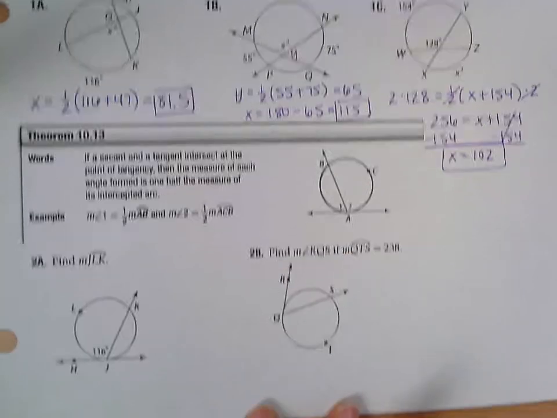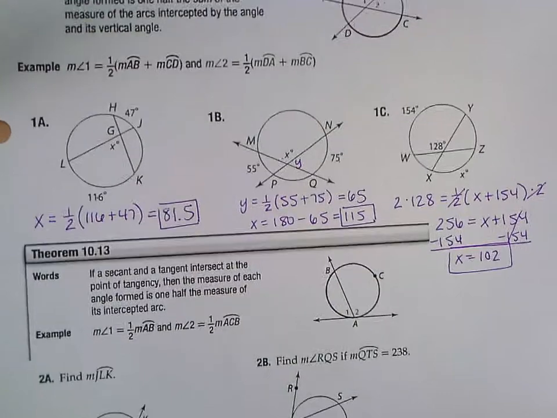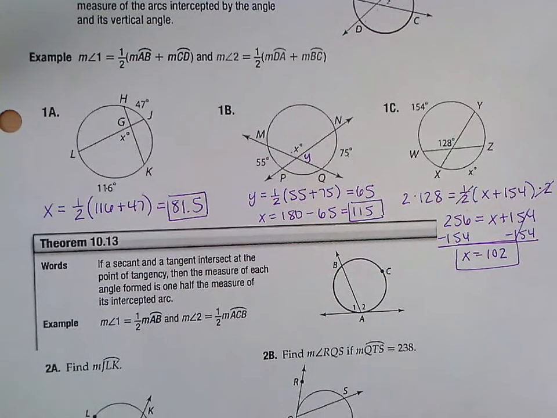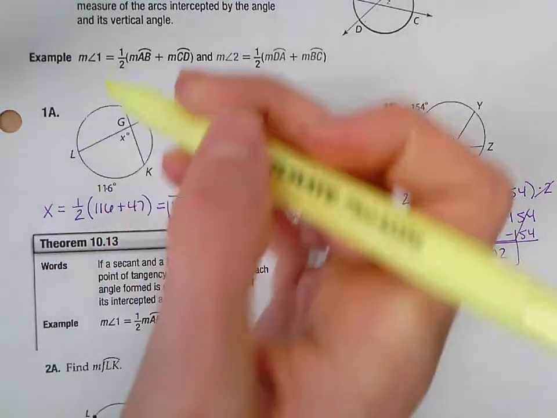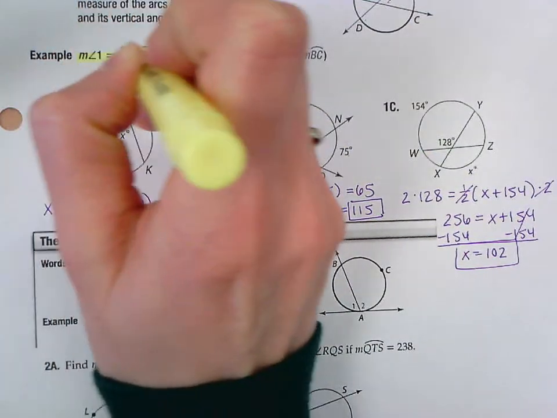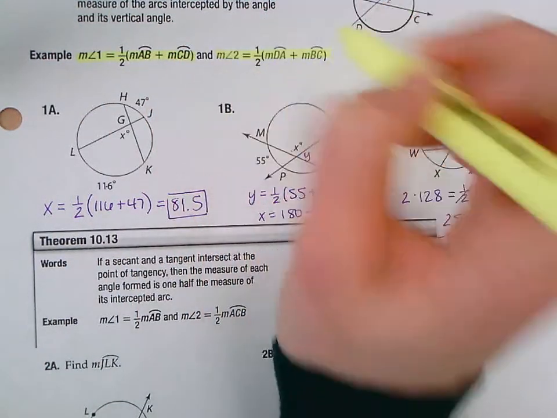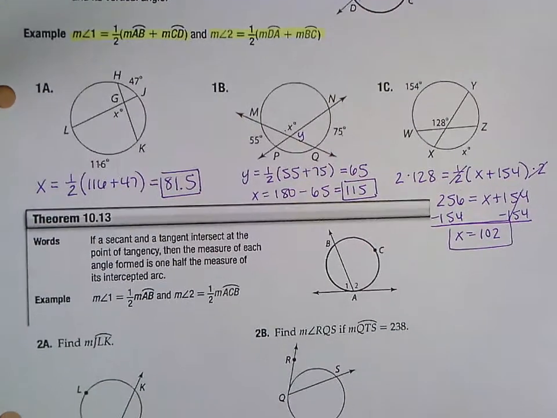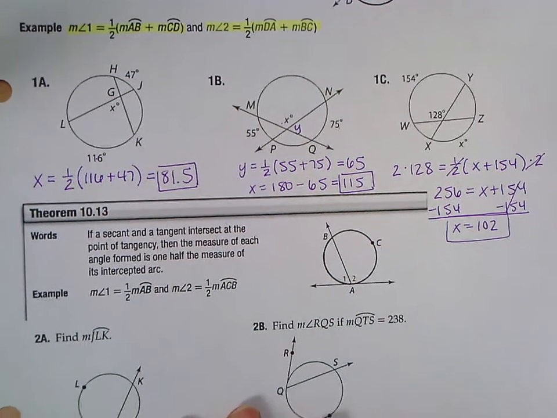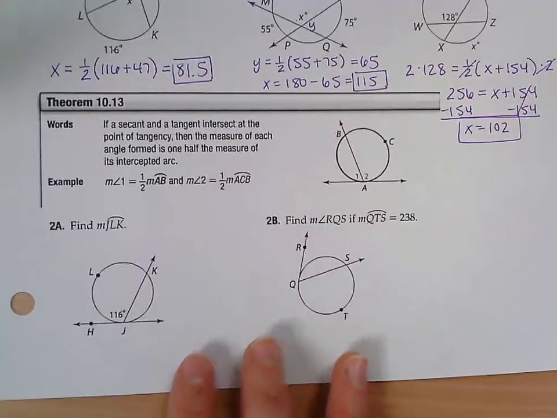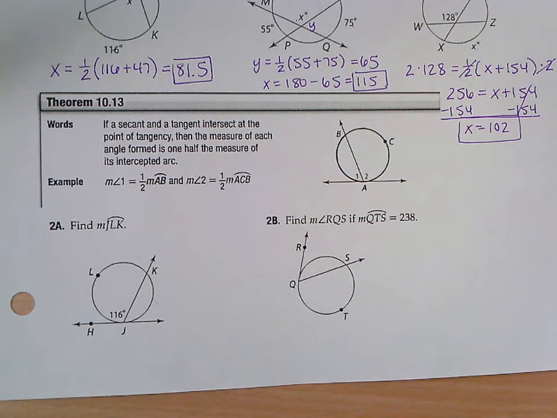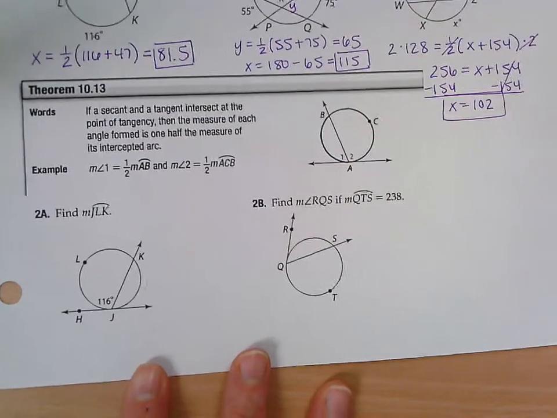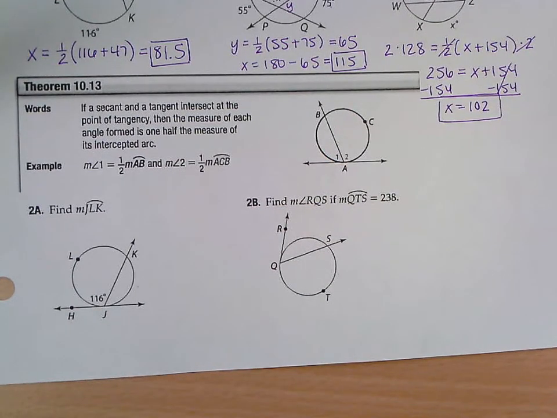Okay, then the next theorem, and actually if you have a highlighter or if you hadn't circled it, this is something just to kind of draw your attention if you're looking back at your notes. Any of these theorems that have these formulas in them for how to find missing angle measures or missing lengths of segments, I would maybe highlight or circle, just so if you're flipping back through notes, it kind of draws your attention to it. So for the next theorem, this is similar to the inscribed angles we had